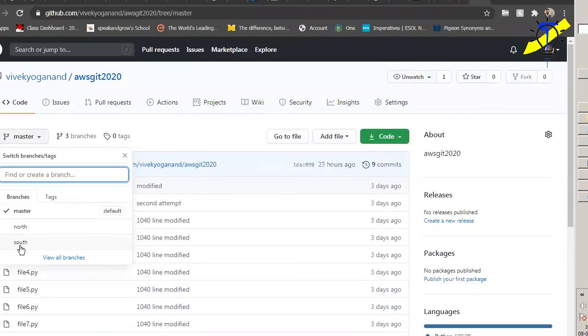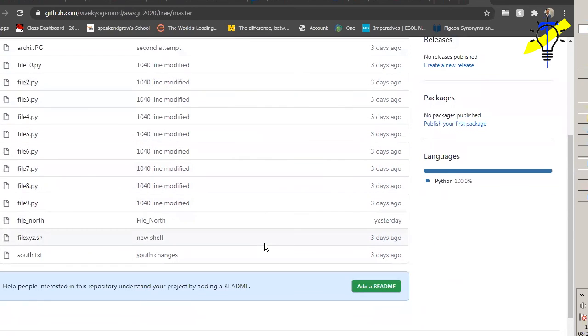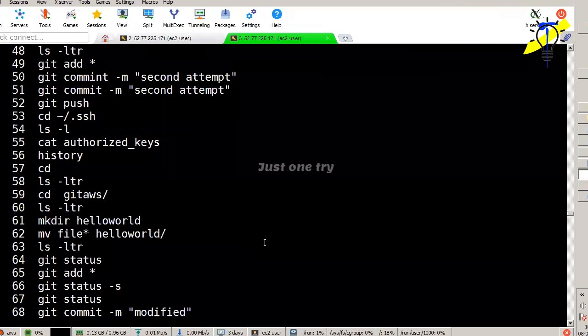If you set something else as upstream, you may not see it here, but in the command you can make it like that. So you set south as upstream, and then if you try to extract south only, you will be able to get it. So before that, you have to do set upstream.